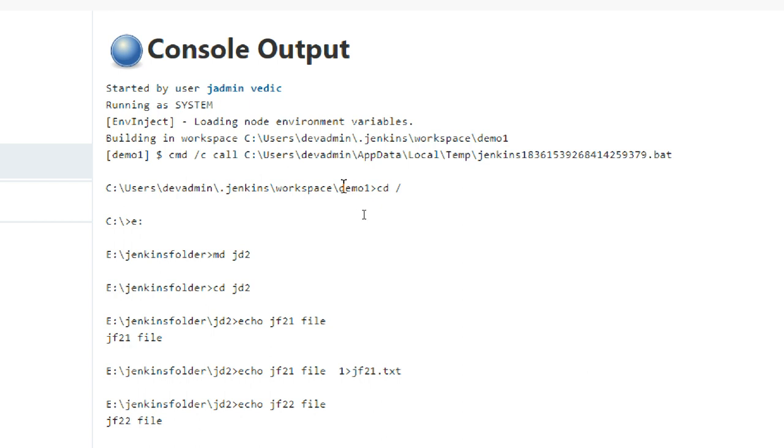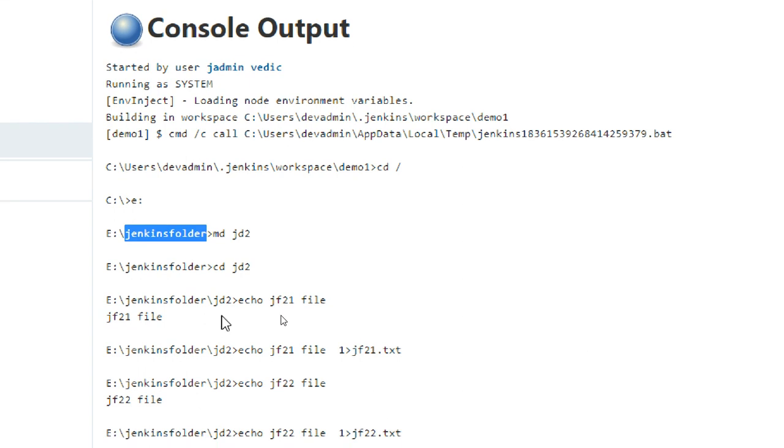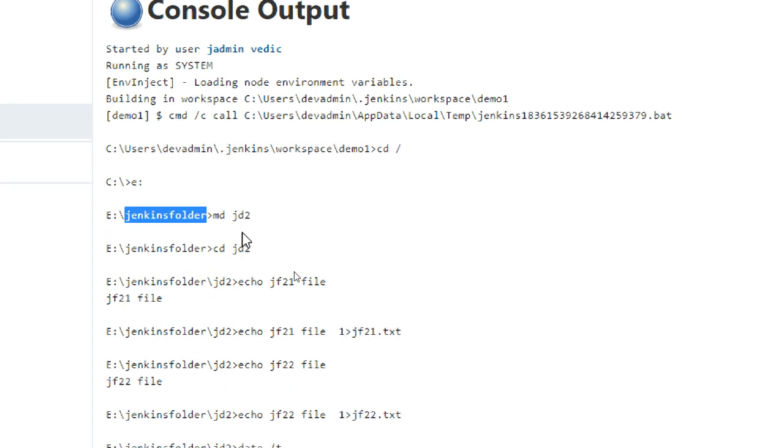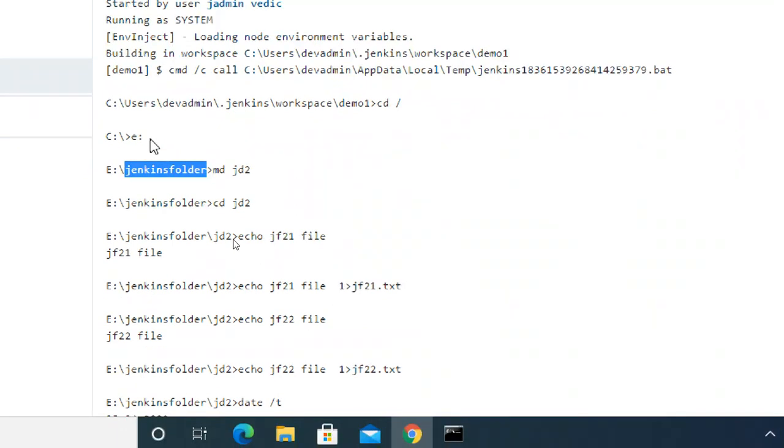Otherwise it will build inside only, under E, and it went to the Jenkins folder directly. So I didn't specify properly. So then it is created under the Jenkins folder, not in E drive. Automatically when I said E drive, it went to this place only. Okay, we didn't give any C drive kind of stuff. Okay, so sometimes it will happen.